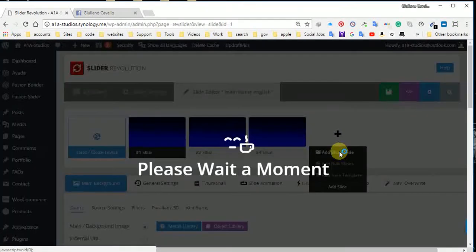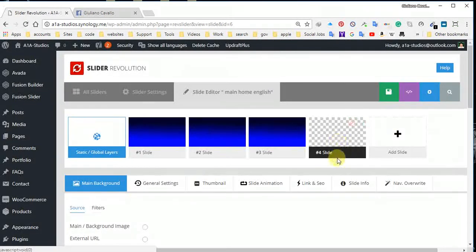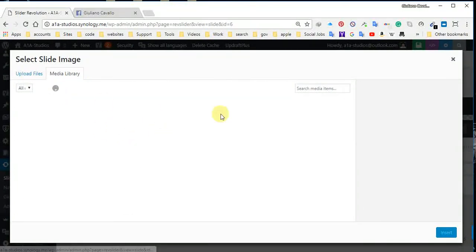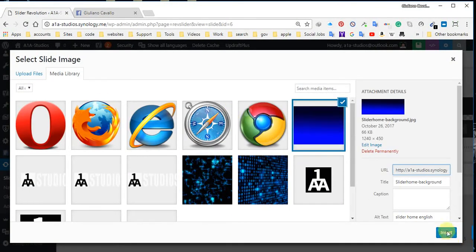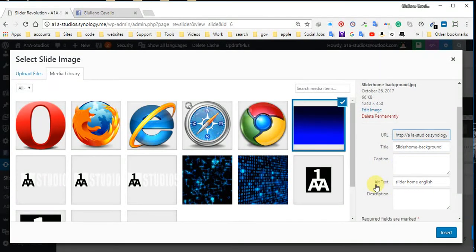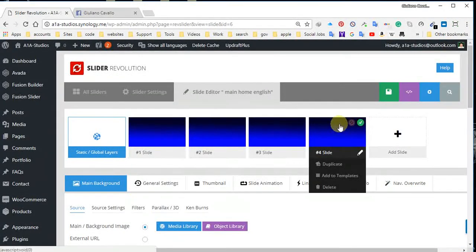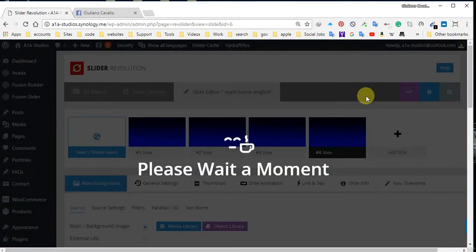I'm gonna add a fourth slide. I'm gonna show you. I'm gonna add the background, which is already uploaded, and make sure you give it a name, and also under alt text also a name. This is for people with disabilities that can't see, but they will be able somehow to know what it is. Okay, so I have 4 slides. I'm gonna save it,